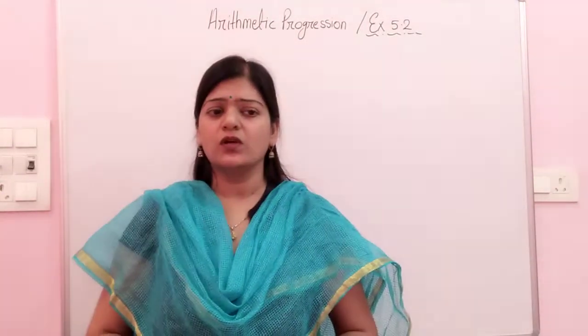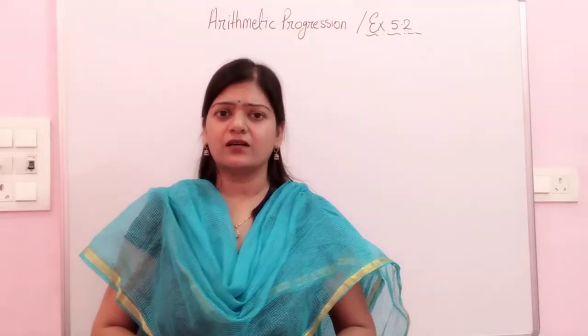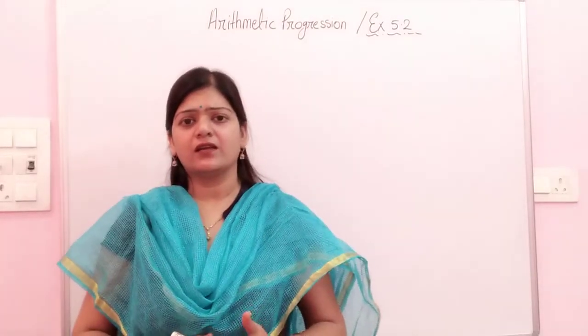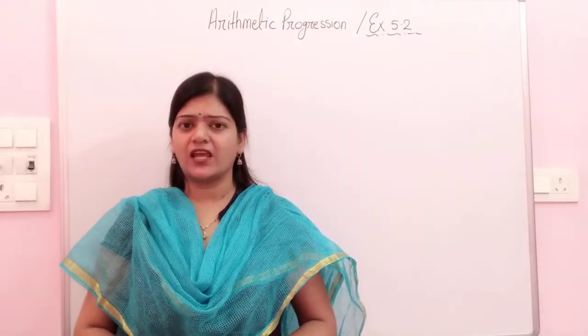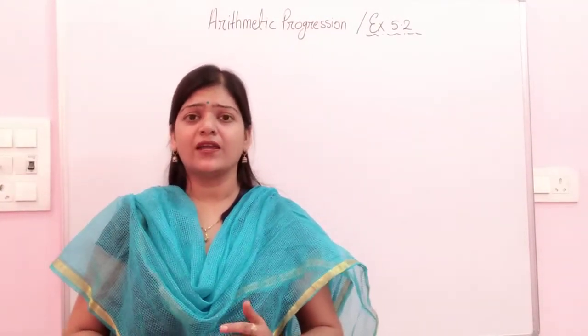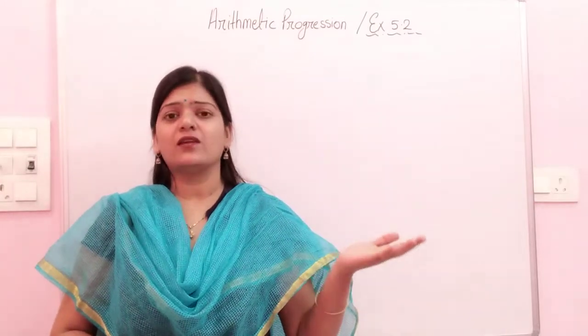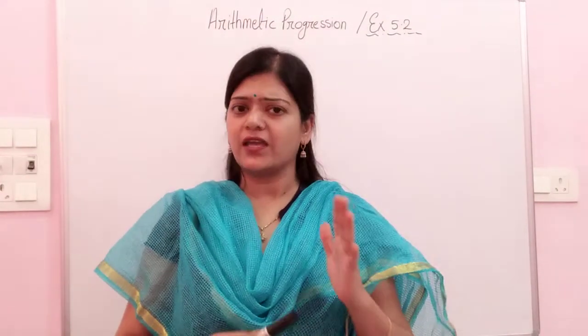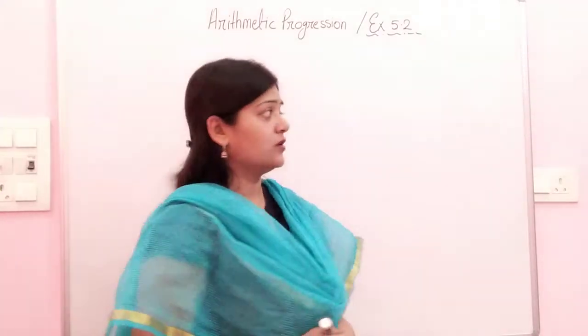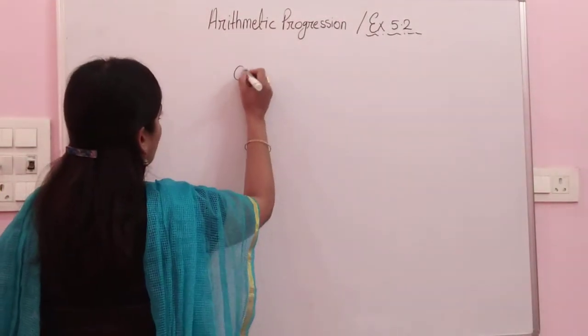Okay, we are going to solve this question, but before that I want to tell you that you know how to check whether a sequence is an AP or not, and how to find the next 4 terms or next 3 terms of an AP if the values of A and D are given. But how will you find any particular term of an AP if the AP is given to you? Then you have to use a formula.